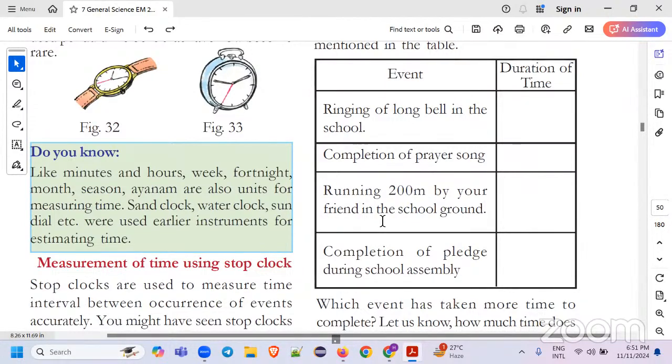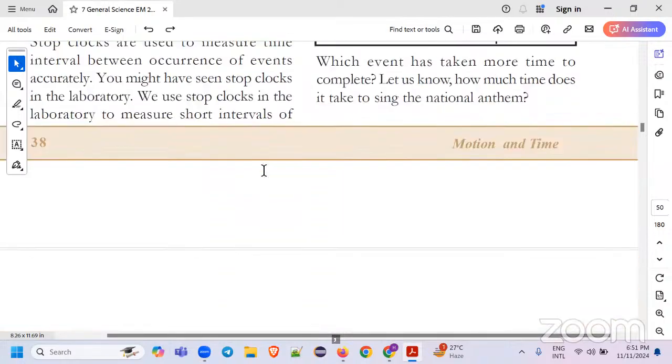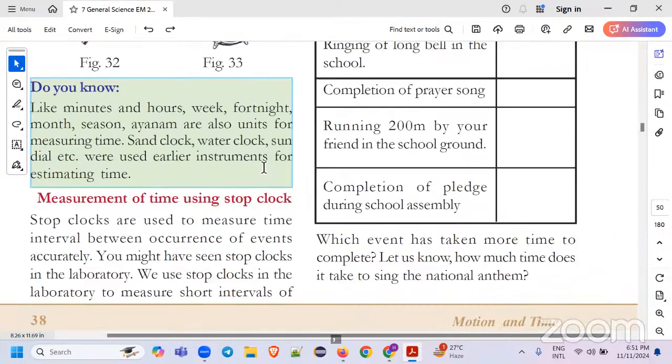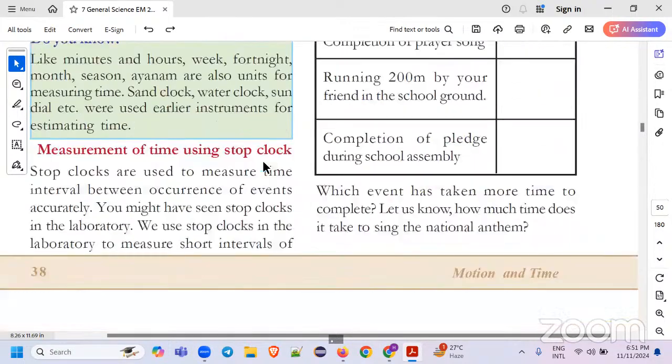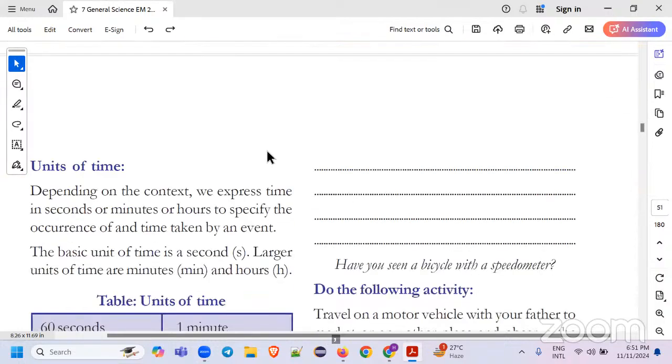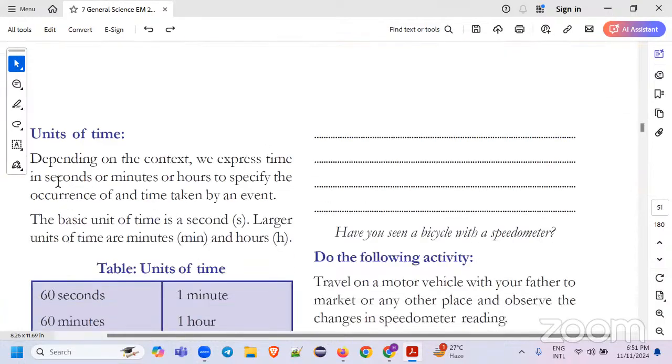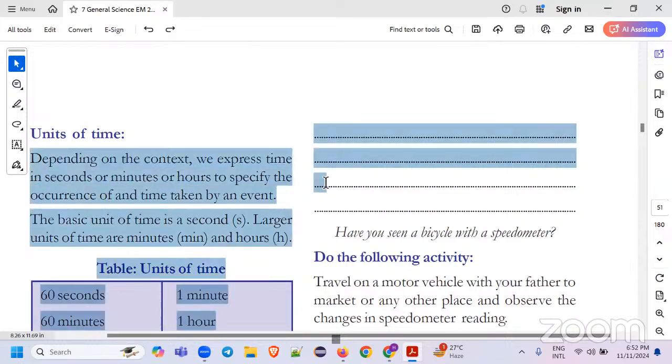టైంని ఎందులో కొలుస్తున్నాం? సో హియర్ టైంని మనం సాధారణంగా there are so many units to say a day, year, month, week, and all, whatever it may be, but unit of time, usually, depending on the context, we express time in seconds or minutes or hours to specify the occurrence and time taken by an event. ఒక ఈవెంట్ టైం ఎంత తీసుకుంటుంది అనే దాన్ని బట్టి బేస్ చేసుకొని టైంని మనం ఎట్లా బేస్డ్ ఆన్ ద యూనిట్స్, బేస్డ్ ఆన్ ద